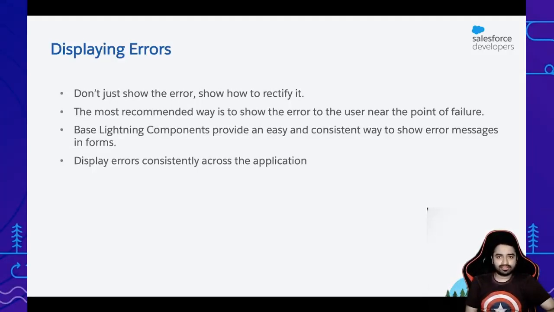And these base components, in case you use them, provide a nice little way in which you can show an error message. The advantage with base lightning components is that it is all accessible, which means it conforms to all the accessibility standards. So if there is an error, according to accessibility standards, you are not just supposed to highlight it in red, because if you just use a color code, somebody who's not able to distinguish between colors will not be able to identify that there is an error. So there has to be a supporting message and all of that.